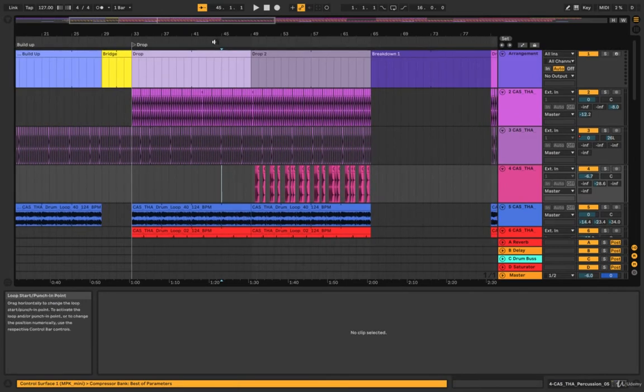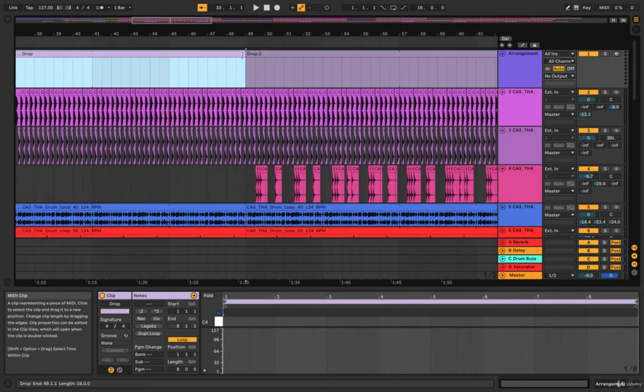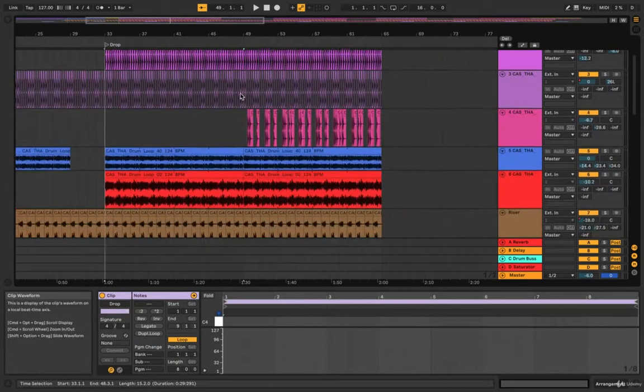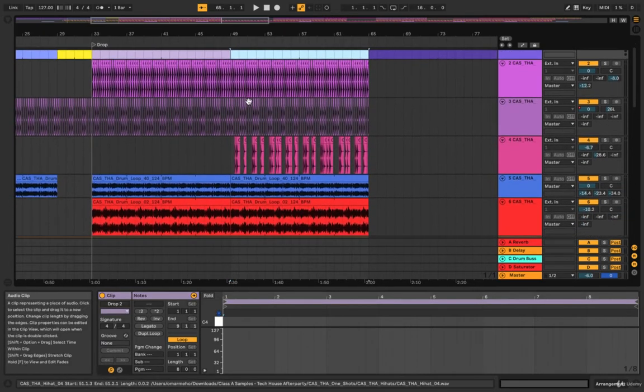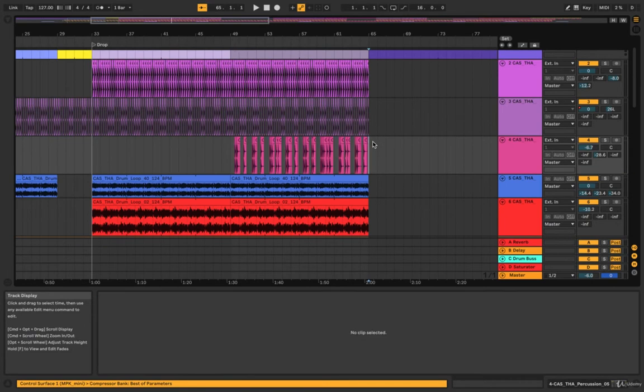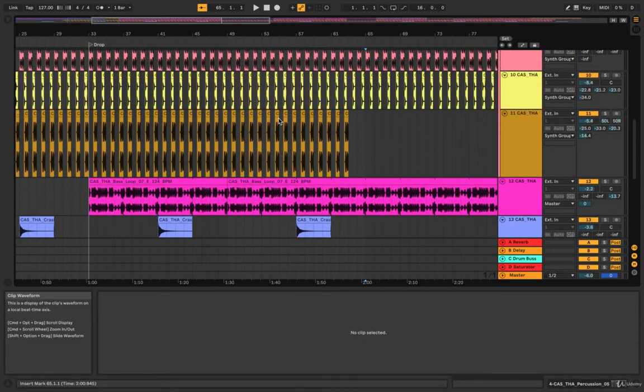And then after drop 1, so 33 to 49 bars, we've got drop 2. There might be a little edit, maybe another 1 bar where we get rid of the kicks here. I didn't in this song, but you can definitely do that for creative choice. And then drop 2, we've got some additional drum percussion, and maybe I'll switch it up by reversing some